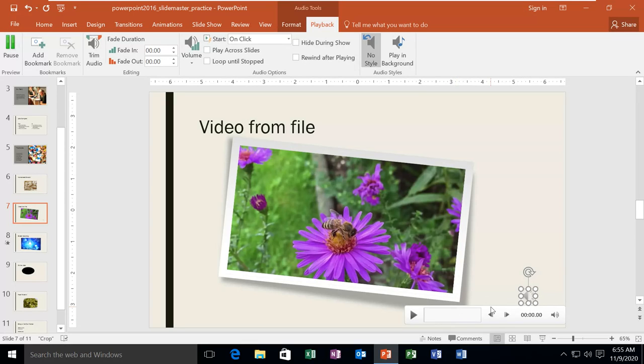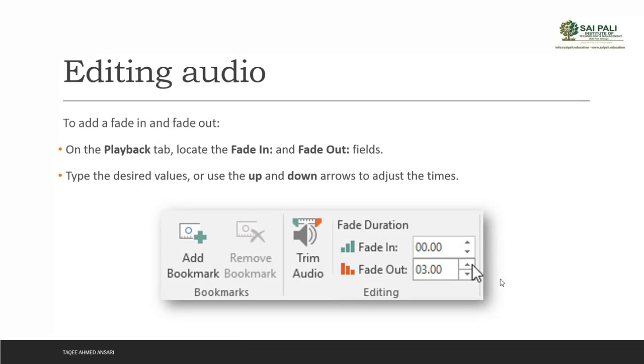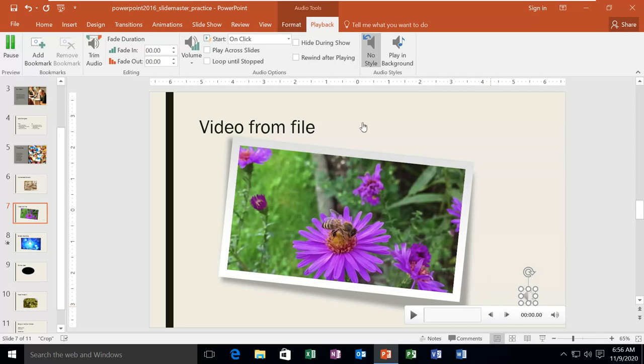Cut. Now in this case, we can add the fade in and fade out option, so that it will not end that suddenly and it will not give you the effect of a trim. It will fade slowly, so you will not hear that it is cut. So you can add fade in, and you can add fade out. If I want to add fade in and fade out, I'll go again into the playback tab here. Fading in I will not do because it is starting from the beginning, but the ending I have cut. So I increase the fade out option to 3 seconds.